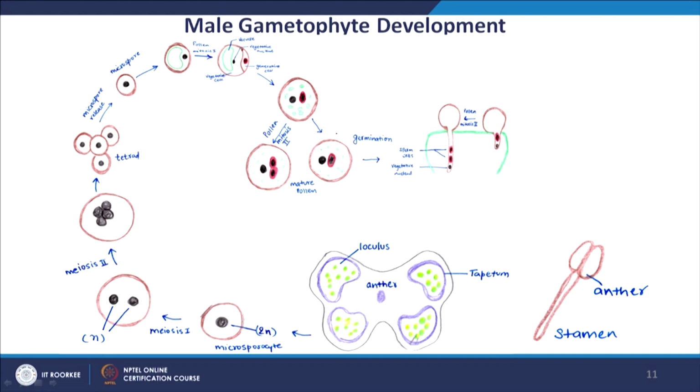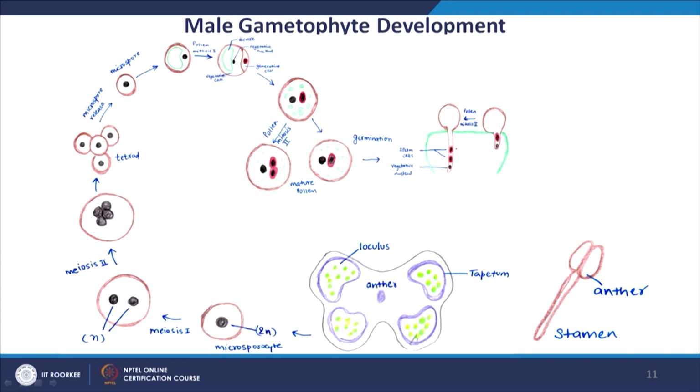Here there are 2 categories. In the first category, the generative nucleus undergoes mitosis 2 and generates 2 nuclei before pollination. But in the second case, it remains in this form,